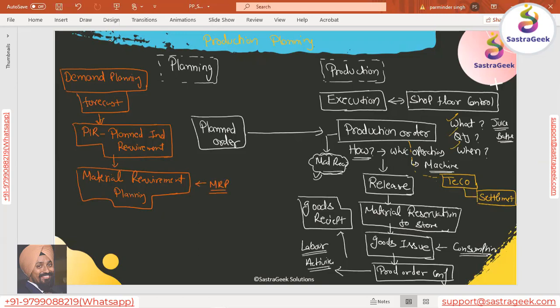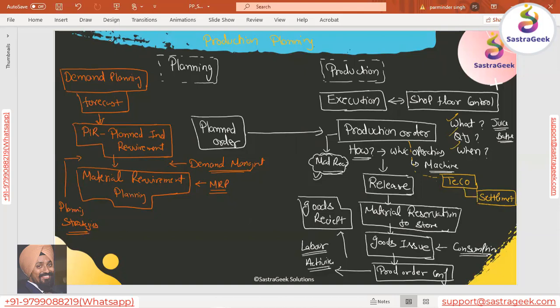In between, one thing which will come is your demand management, where basically all of your planning strategies will come. We have different planning strategies. What kind of planning strategy?